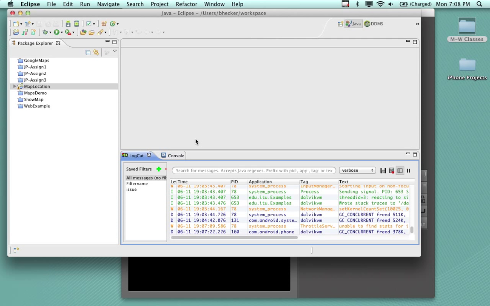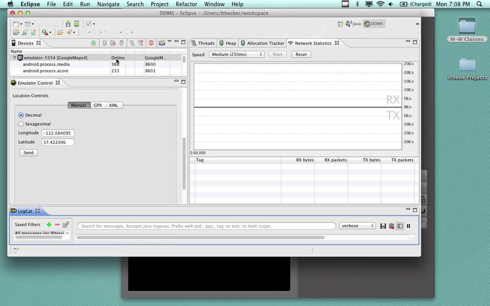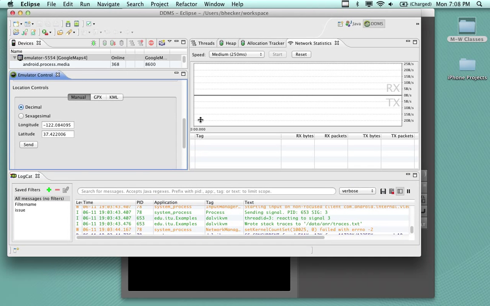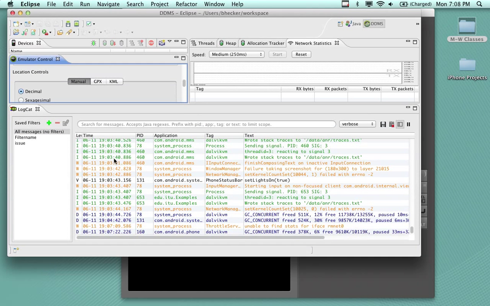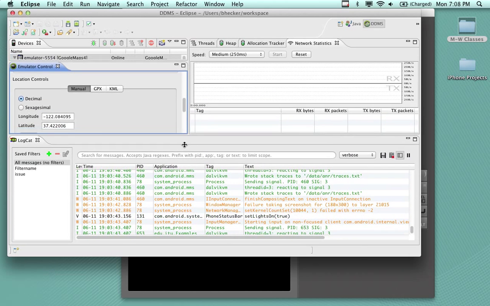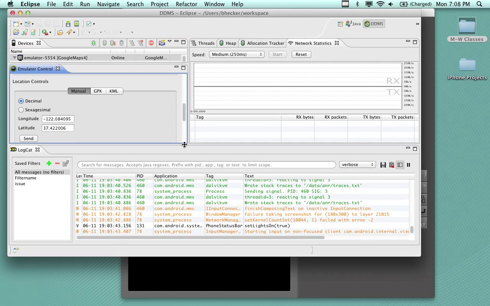So if I go back up to the DDMS, this is easier to see it from here. And I open up this bottom section, here we go. I can set filters. I can see what's going on. This is the log, and it's easier to see it, I believe, in this window because look how big I can make it versus in the Java window perspective when it shows up on the bottom. Most of the stuff can show up on the other perspective. You just have to add it to the bottom. But the log